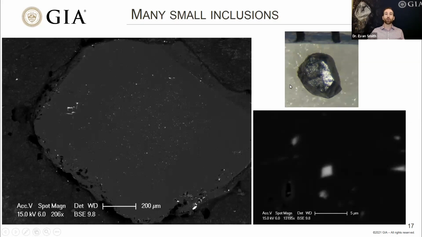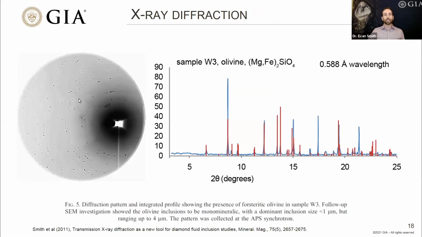So if we pass an X-ray beam through this material and look at the pattern of diffracted X-rays from that, we see something like this. It's actually the diffraction image that I showed you a couple slides ago. This is from this diamond. And all of these spots here are giving you direct information about the crystal spacing and orientation of the inclusions. And this is diffraction in 2 dimensions.